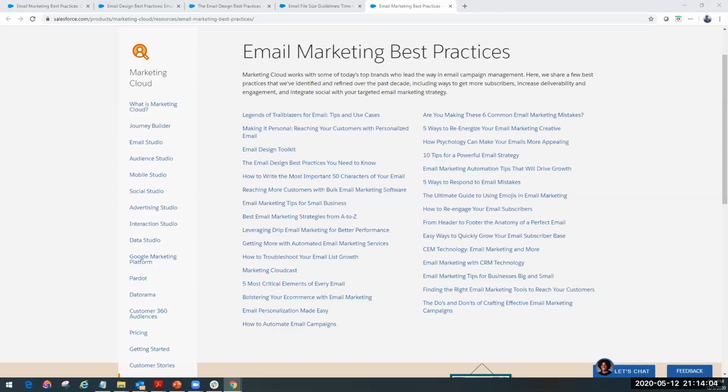Yeah, hi. Shivu, I have a question regarding image carousel. When we use image carousel in email, it does not work on Gmail when we send the email using Marketing Cloud. If that email goes to a Gmail account, then the image carousel is not working. I tried it twice in the last week.